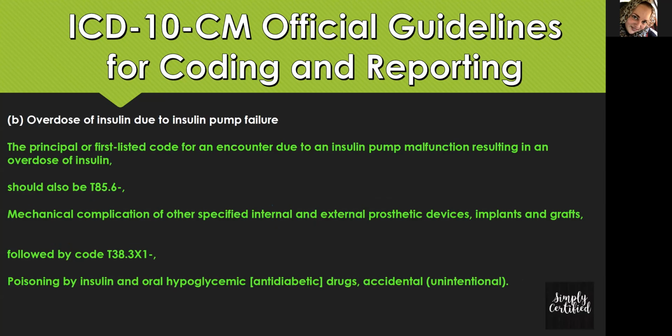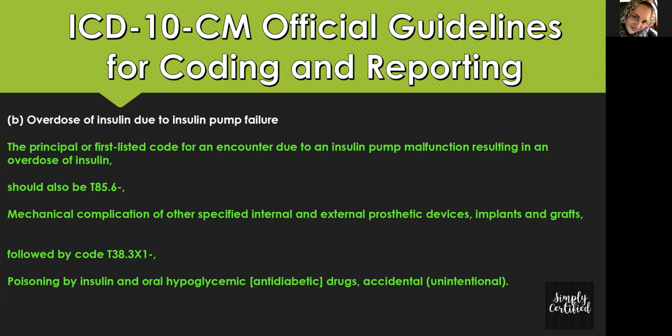So for overdosing, it's the same concept. You need to list the first diagnosis as a T85.6 dash. There's more characters, so be careful. Don't just put T85.6 on a claim because you heard it in this presentation. There are more characters behind that if you see that dash. So this time it would be,